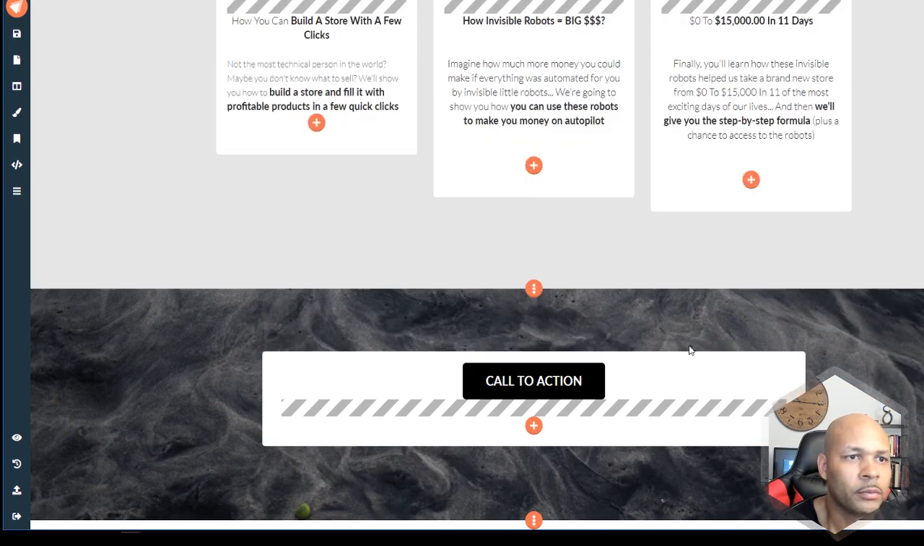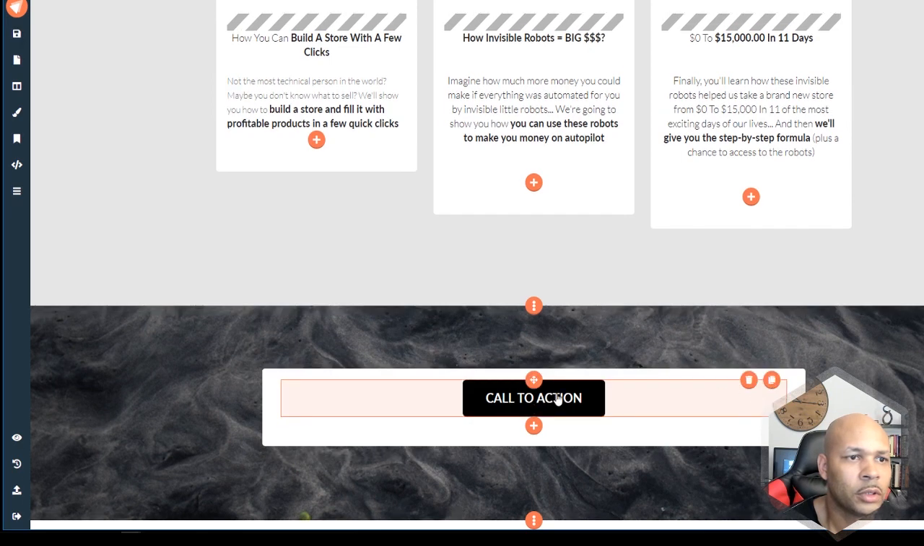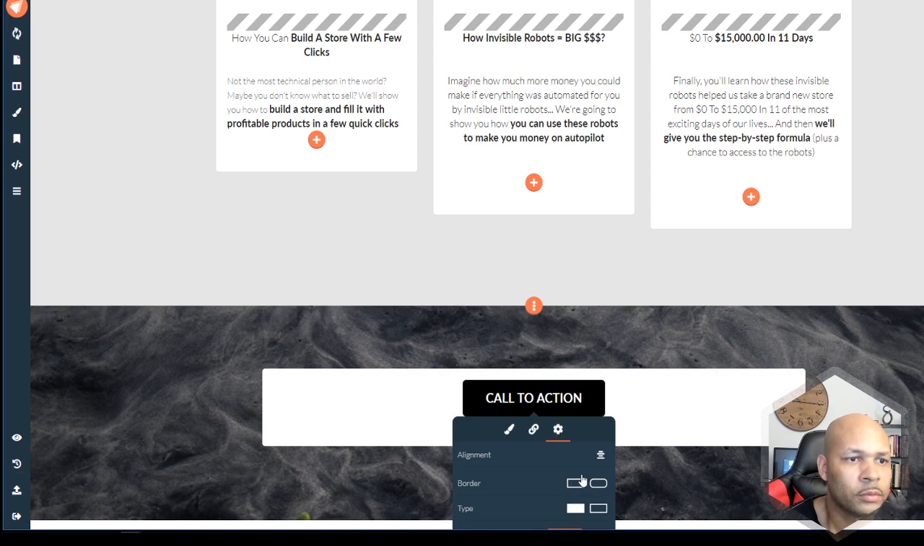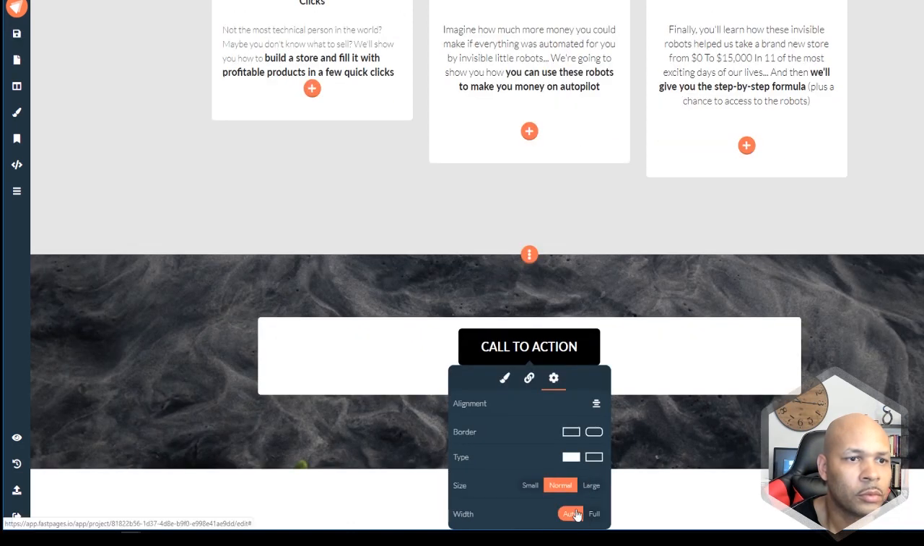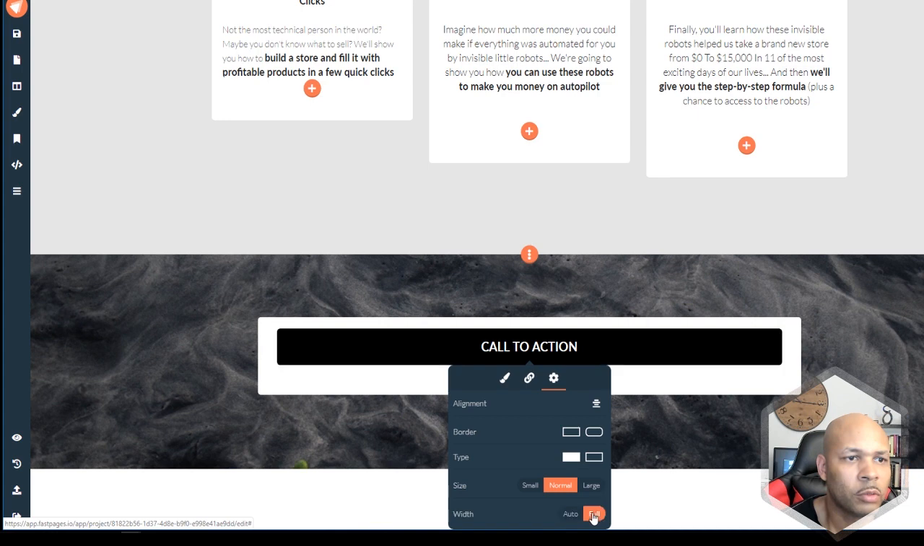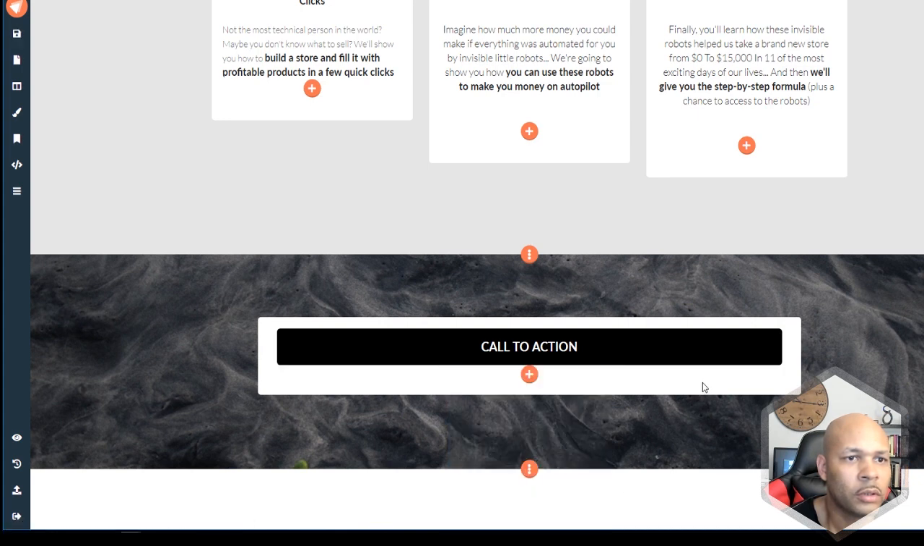You delete that. Now you got a button. Delete that. Format this button. Yeah, so there you go. So you can change the button. You can make it full width. And then